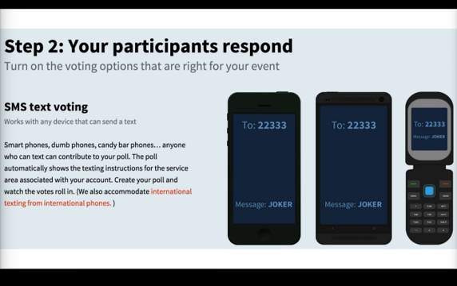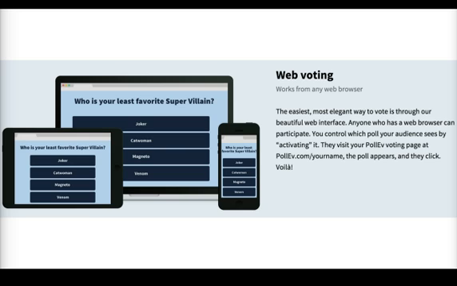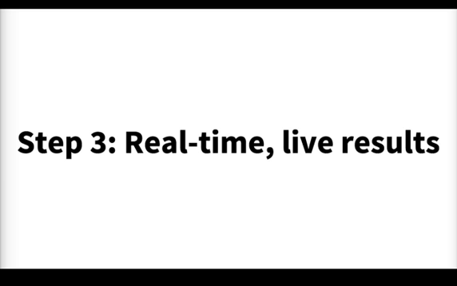So just another look at how your participants would respond. After you ask your question, your participants can respond via their phone. So they can text, or they can jump on a web browser on a tablet, phone, or computer. They would visit the web page that the system provides you, and that's their access into that particular poll session. It gives you real-time live results.